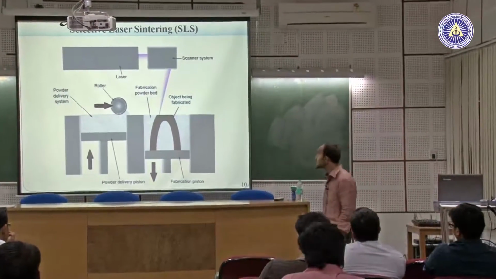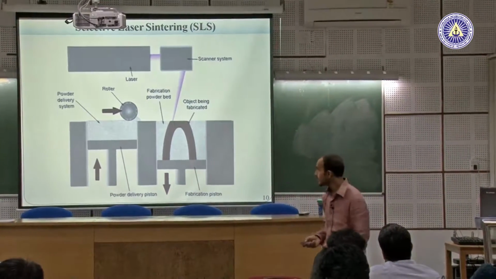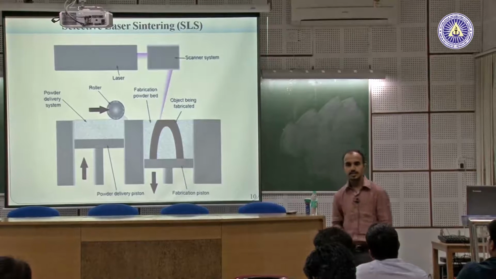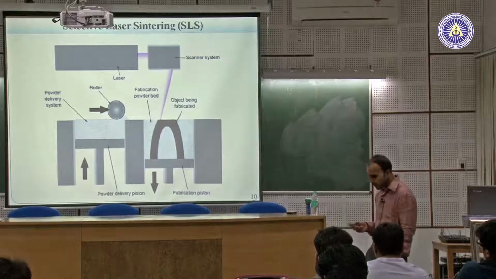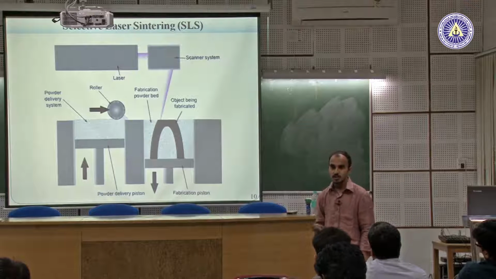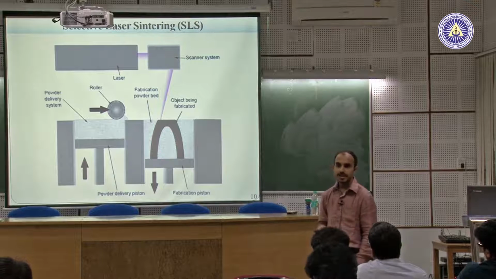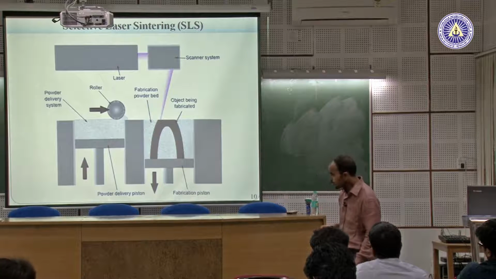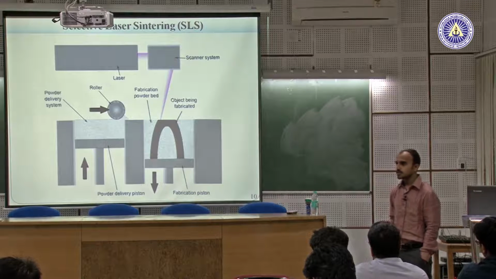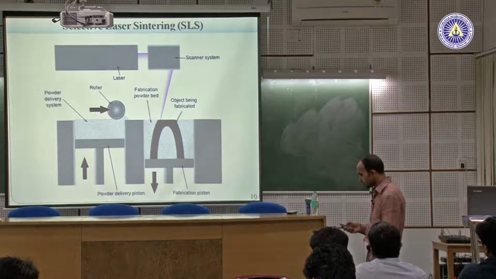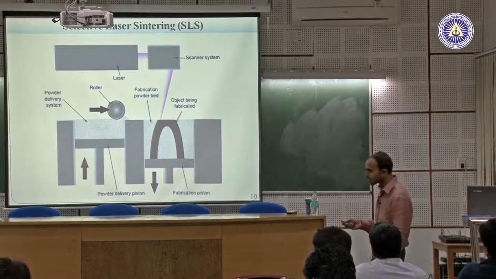Another is selective laser sintering. It was discovered at Texas University in the 1980s. It is a powder-based additive layer manufacturing system, in which powder is partially melted or fully melted. Generally it is fully melted, and it is also known as selective laser melting, SLM. Basically it is used for polymer or metallic materials to build components. You can see it has a similar working principle to SLA.